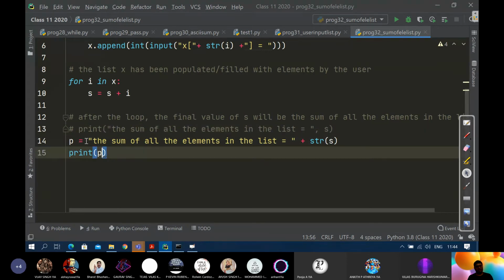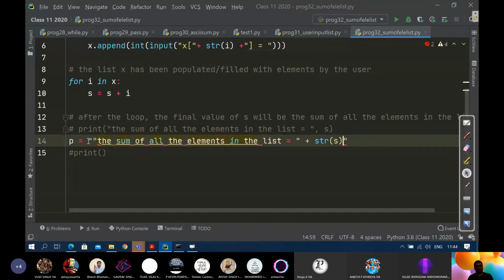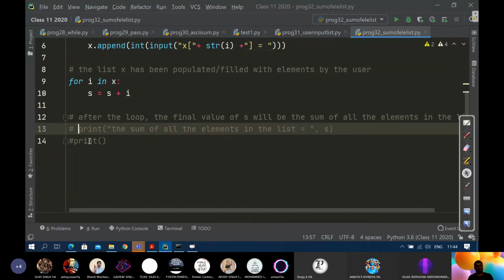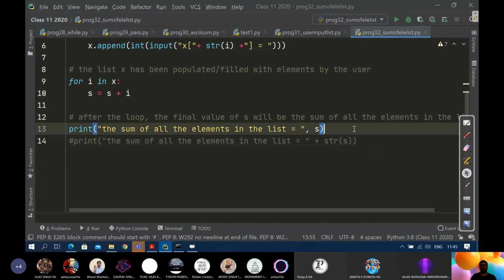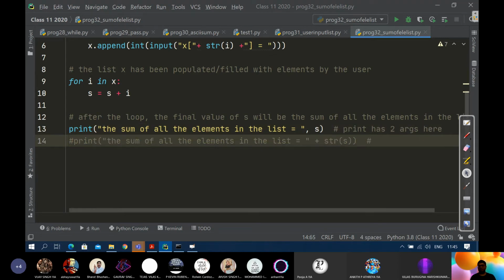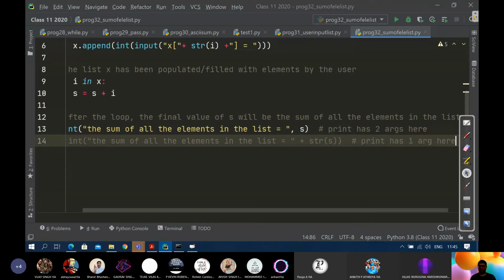So I had written it like that, just a minute, instead of using the other way, to make it clear that this is nothing but a single argument which gives one single string after concatenation. Okay, let me put it here in a comment: as two args, and print has one arg here. Okay, so this is clear.